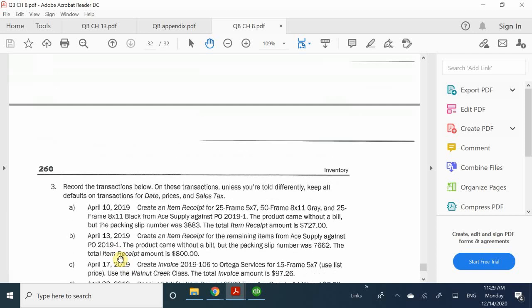Okay, let's go ahead and break down one at a time. I believe we have some time for that. So A says on April 10, we're going to create an item receipt for 25 of the 5x7 frames, 50 of the gray ones, and 25 of our black frames. So with that being said,